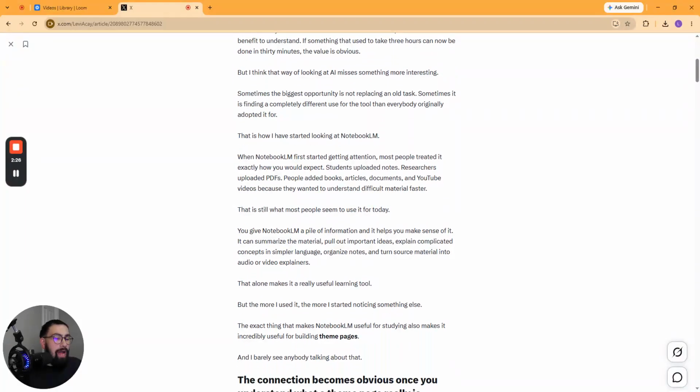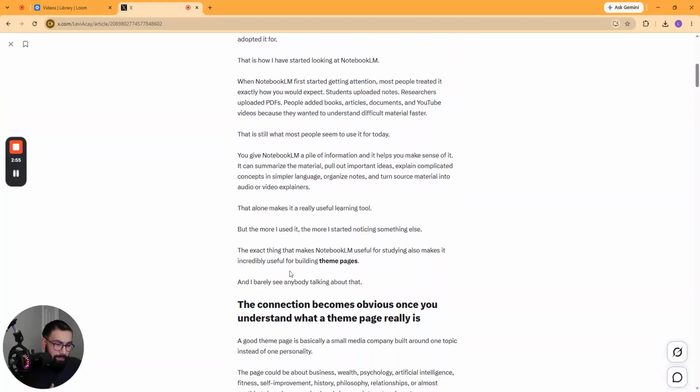You give it a pile of information and it helps you make sense of it. It can summarize any type of material. It'll pull out important ideas. It'll explain complicated concepts in very simple language. It will organize your notes. And then it will also turn source material into audios or video explainers. That alone already makes this tool extremely useful in learning any type of material or concept that you want to learn. But in my personal experience, the more I used it, the more I started noticing something else. You see, the exact thing that makes NotebookLM useful for studying also makes it extremely, extremely useful